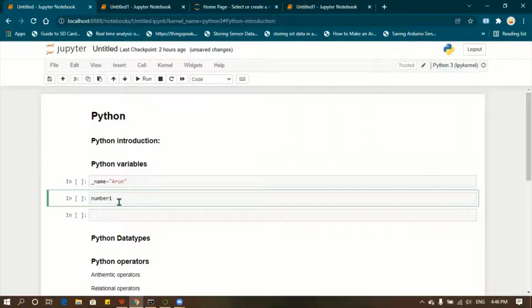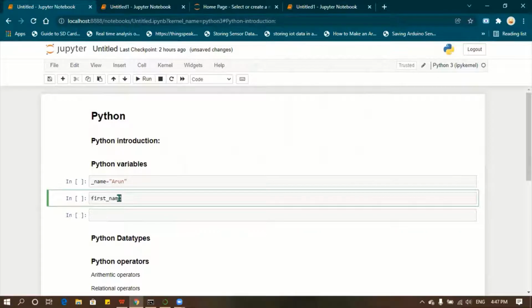So if you have something like first name, where there are two words, you have to use the underscore symbol: first_name.